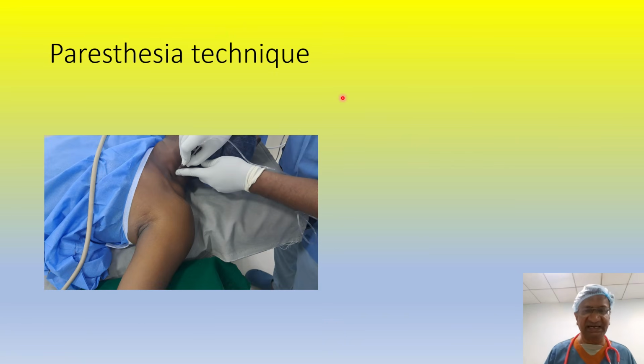Now, this is the paresthesia technique, originally described, because there are a few techniques: landmark-aided paresthesia, peripheral nerve stimulation, ultrasound,